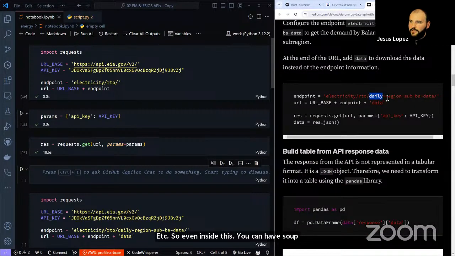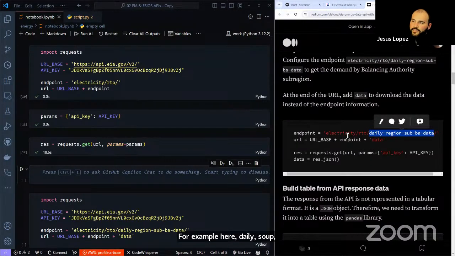For example, here, daily region sub bad data. What I want to do is create an application that I can see all of the available options and I can get